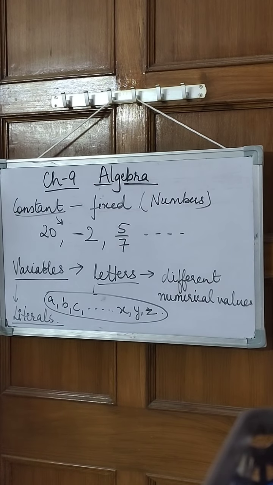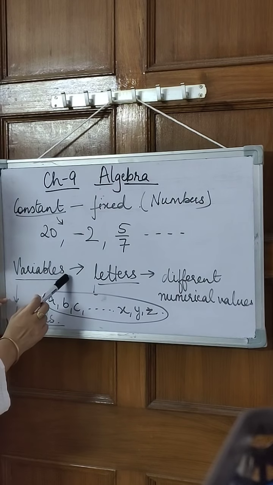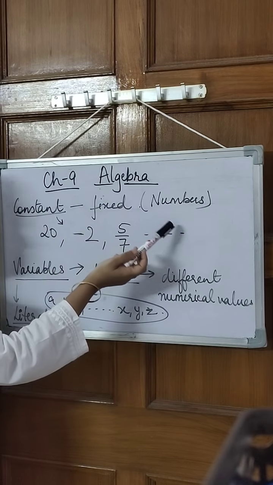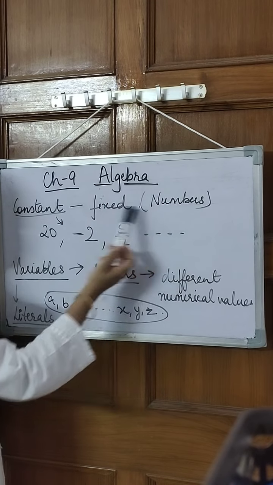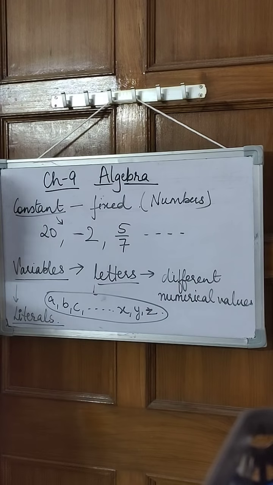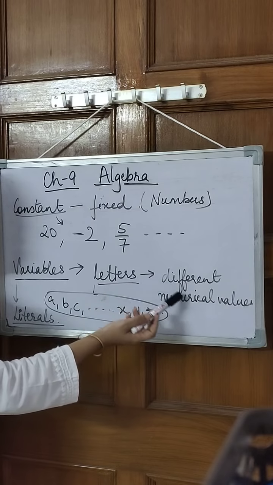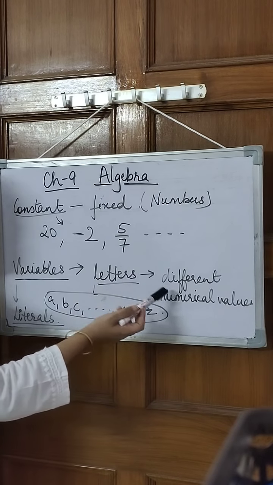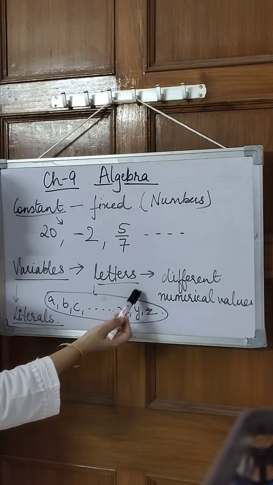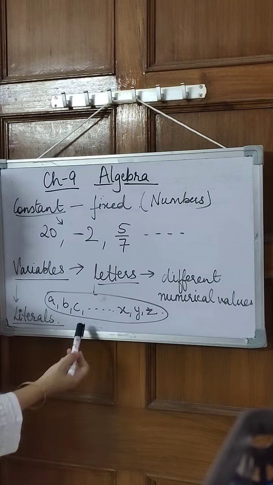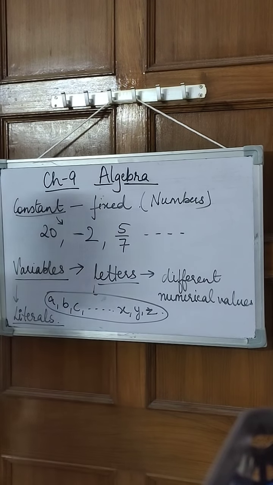So what we can say is constant and literal, or constant and variables. So what are variables? Variables are the values that can change. Constants are the values that are fixed. So what are the fixed values? They are numbers. So when we have numbers, they are constants. And what are variables? Whatever can change. And whatever can change can take any value. And those values we represent by letters, or literals, with the help of alphabets A, B, C.